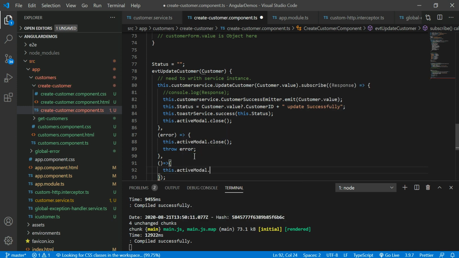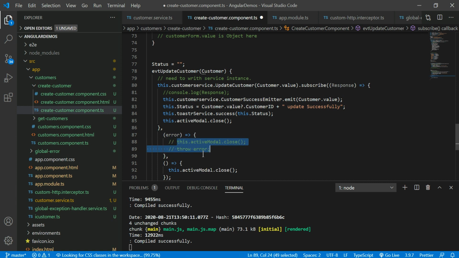So activate dot model dot close, and here comment this one. The complete block should be executed here, and moreover the error should also be available in this code.